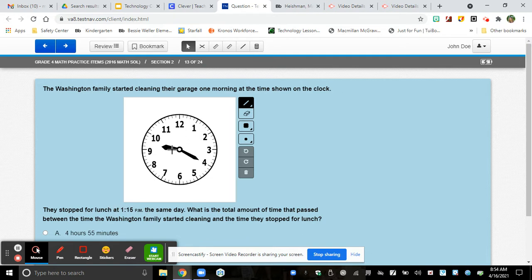So I know we stopped for lunch at 1:15. The short hand is my hour hand, and the long hand is my minute hand. And so then when I'm going to count backwards, if I need to, or count forwards, to answer your problem, you might want to use a different color and count using your marker, saying 5, 10, 15,